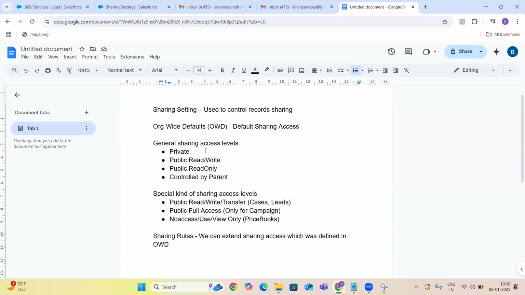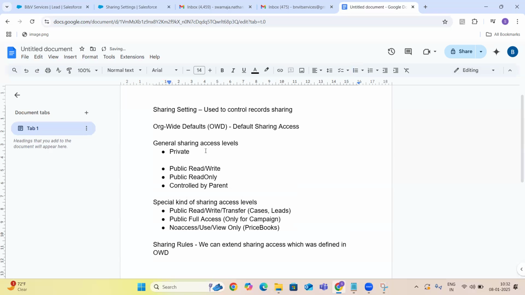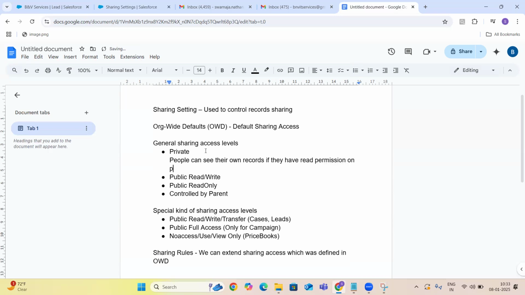So private is something like that: people can see their own records if they have read permission on the profile or permission set.